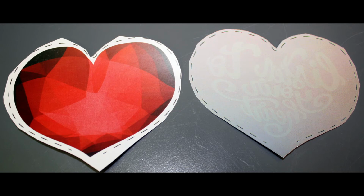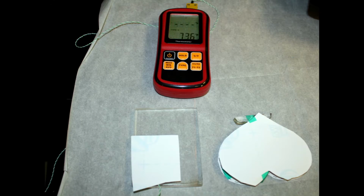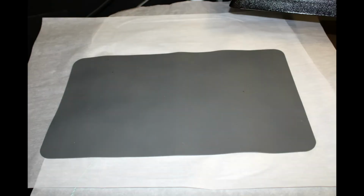pressing. I sandwiched the acrylic between the two prints by first positioning the most important saying design with tape and then the background design. I recommend using a scrap piece of acrylic and paper to hold the temperature probe for accurate results. Critical to success with hard surface media is a pressing pad. Here I'm pressing with a 1/16 silicone pad, which is normally what is recommended for smooth, flat surfaces. Since this piece has rough-hewn edges, a thicker 1/8 or 1/4 pad would give a better wrap around those hand-cut